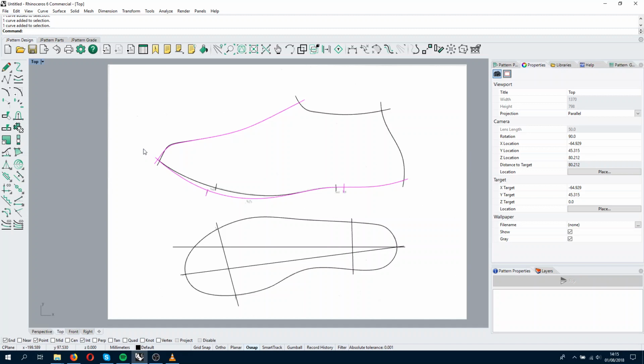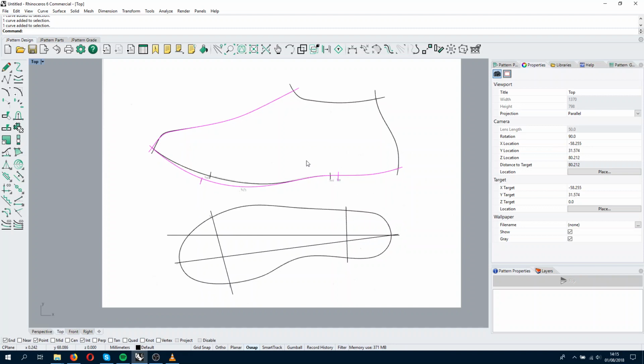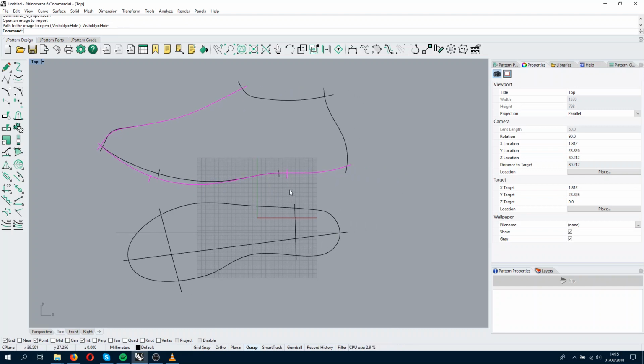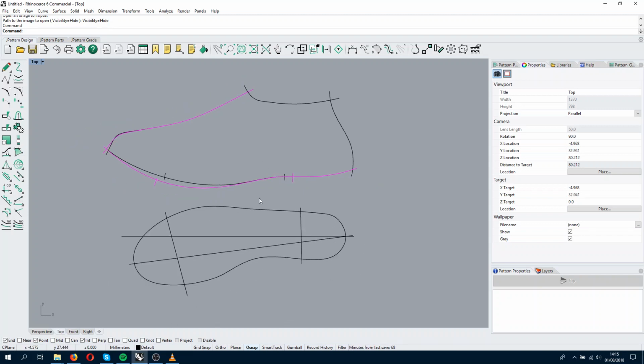to now hide the model and start really creating the pattern. We can go to the hide scan data, and the scan data will disappear. I'm also toggling off the grid. I don't need it, with F7 on the keyboard. And now I have my